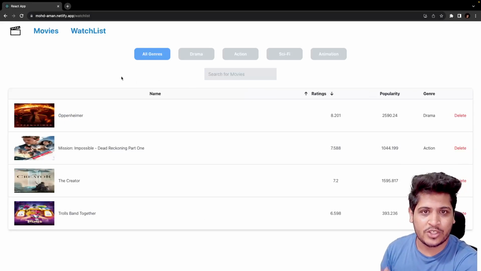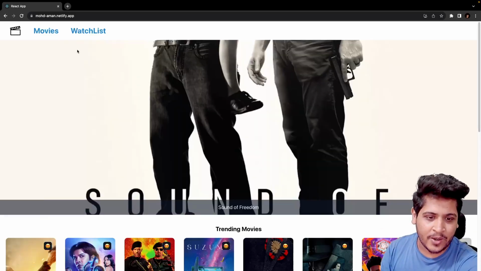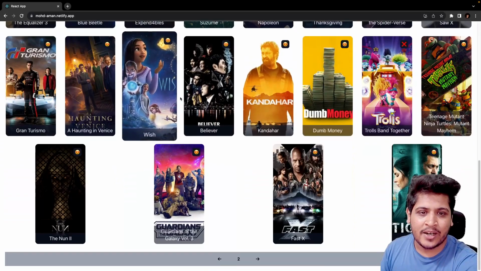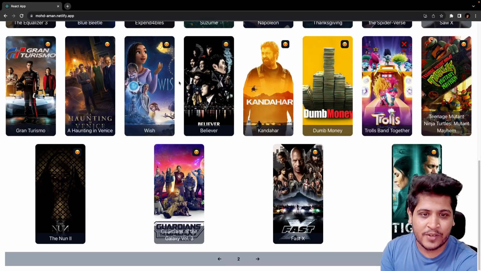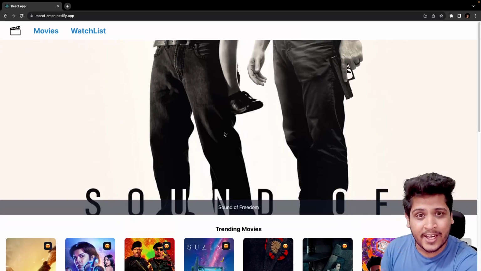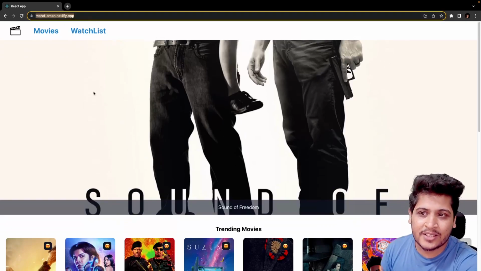So this is how your complete watch list is going to work. Then you have your movies component. You can route to your movies component. You can see all the latest movies. You can add your movies to your watch list. You can do pagination. You can do all of this stuff. And at the end, we'll be deploying this project to Netlify. Basically, I have deployed this to Netlify,